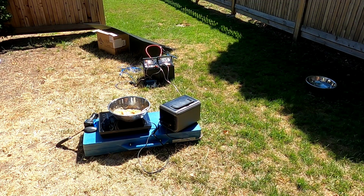Now, these are all using lithium iron phosphate batteries. I can use all of these and drive them from full to dead every day for over the next 10 years of daily use, and they're going to have about 80% of the capacity still left in the battery 10 years down the road. And I'm driving these really gently, making sure that I'm not hammering the batteries as hard as possible,